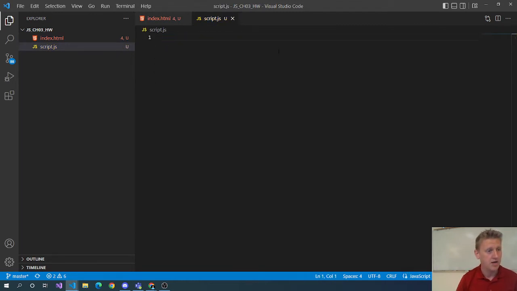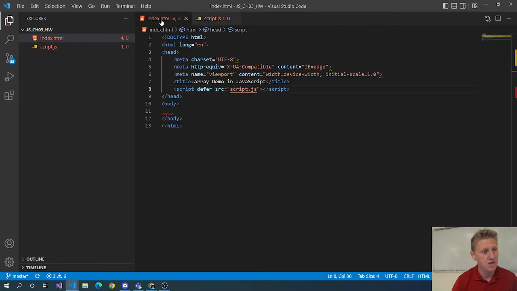Now I'll go ahead and add a use strict, which kind of enforces some rules in JavaScript to kind of enforce good practices. And so that's always a good thing to add to the top of your JavaScript files. Now that we've got that wired up,